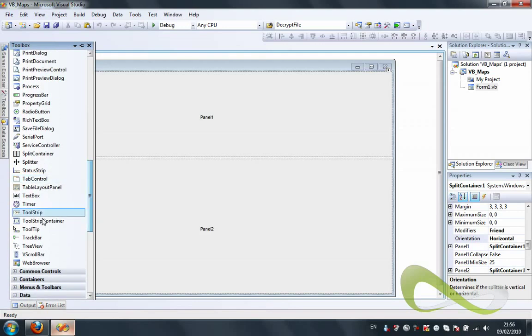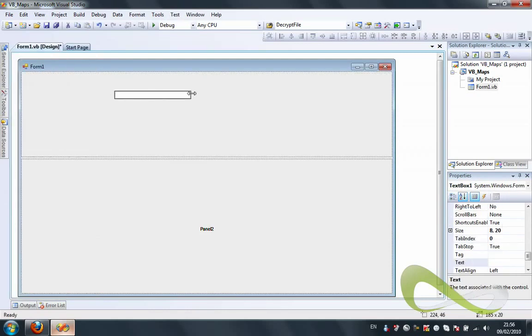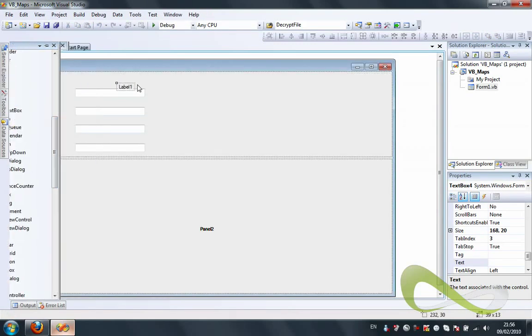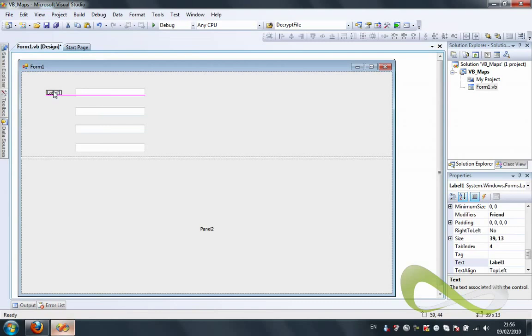Text box, and here it goes. So our first text box is going to be the street. I'm gonna get labels in a second. I'm gonna put the text boxes first. Okay, then I'm going to get a label, and I'm gonna move the label over here. So let me change the text for this. This is street,